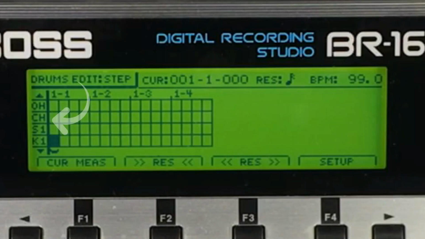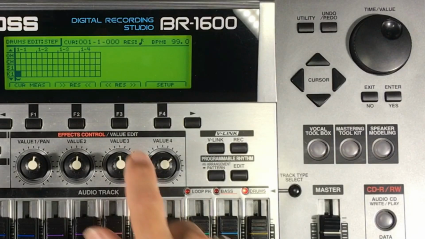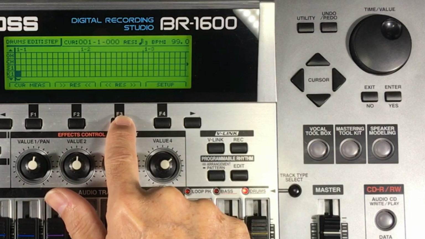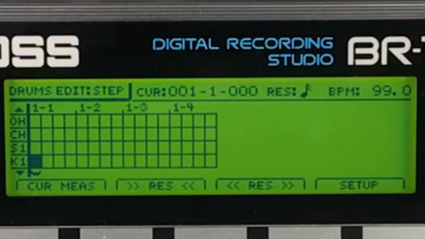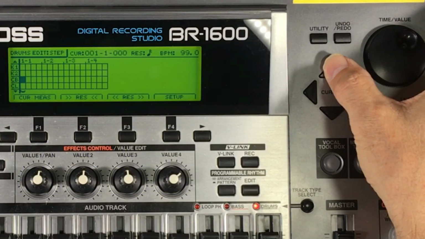The abbreviated names of the drums are shown on the left and correspond as follows. Press the F2 or F3 res button to increase or decrease the input resolution and magnification of the recording grid. The resolution is noted at the top of the screen and can be set from quarter notes to 30-second note triplets. When set to off, its input is at its highest resolution and equates to 96 clock units per quarter note.